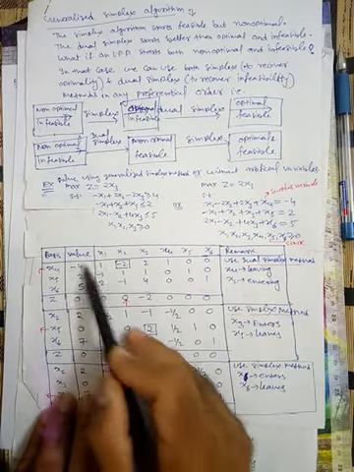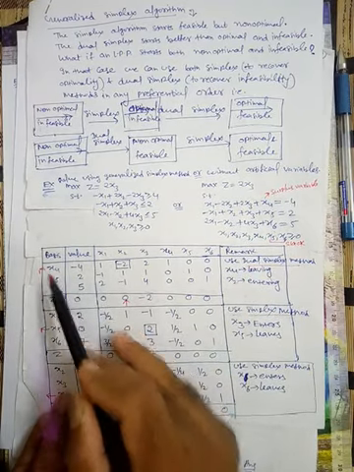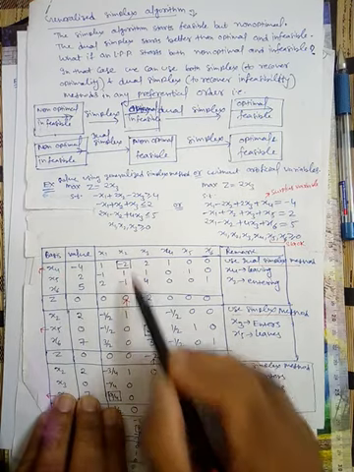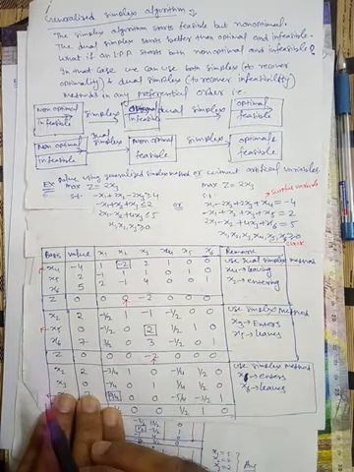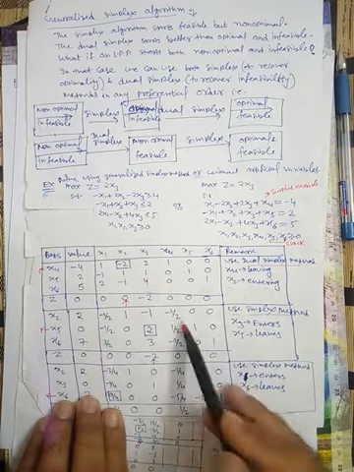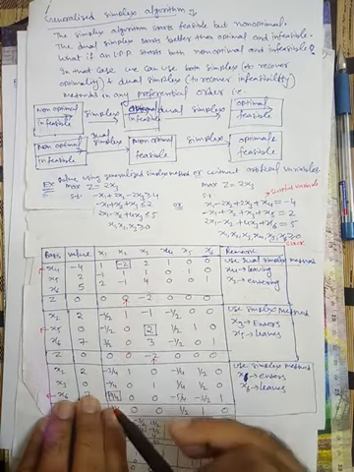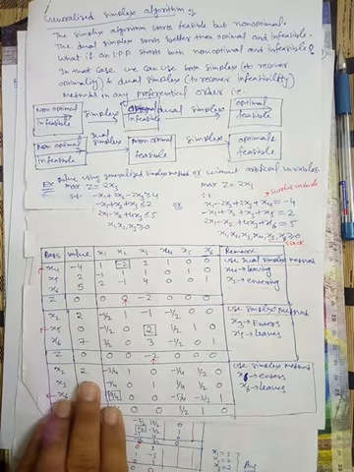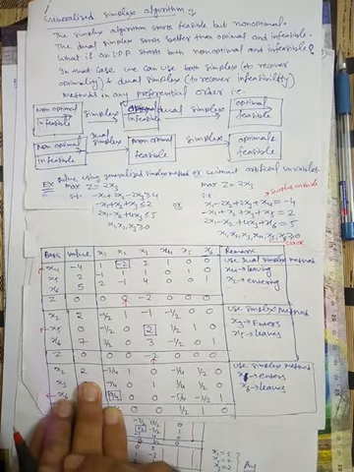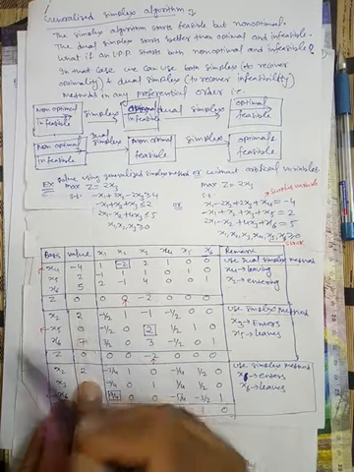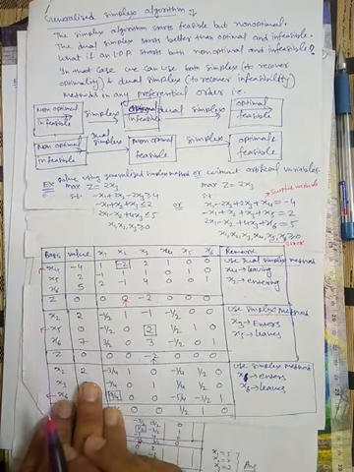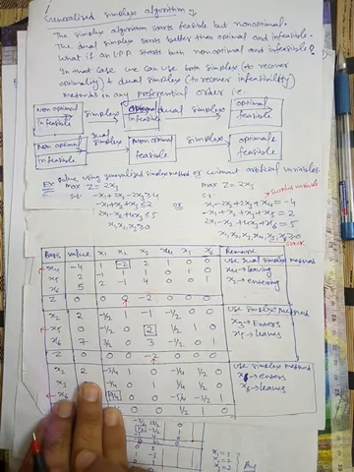Here we have only one negative value, that's why x4 leaves the basis. Now move along this row, and we have only one negative value, and that's why x2 enters the basis. Now divide the first row by minus 2, so we get this row, and with the help of this convert these entries to 0, so we get this row. Now you can see feasibility is maintained. If feasibility is still not maintained, then you may again apply the dual simplex method, or you may apply the simplex method to maintain optimality. There is no particular pattern.